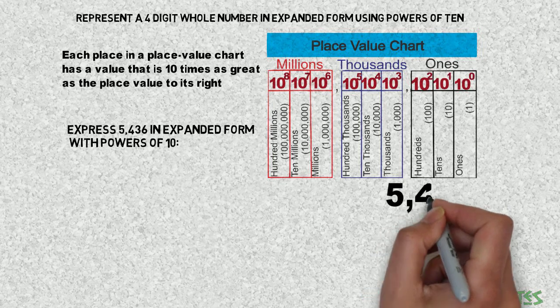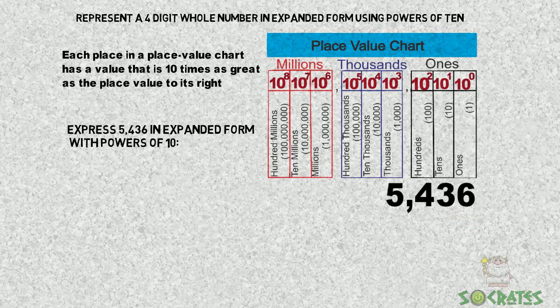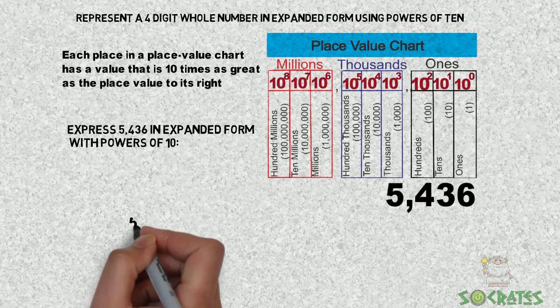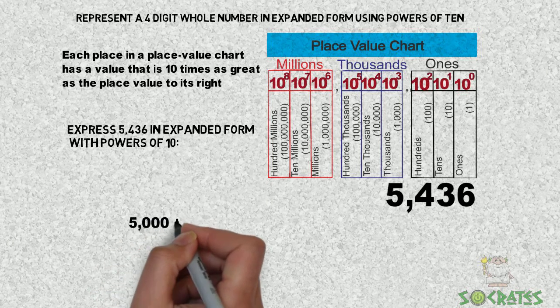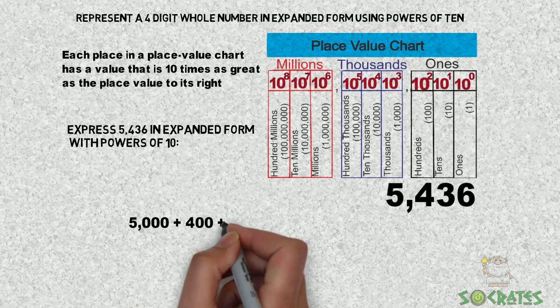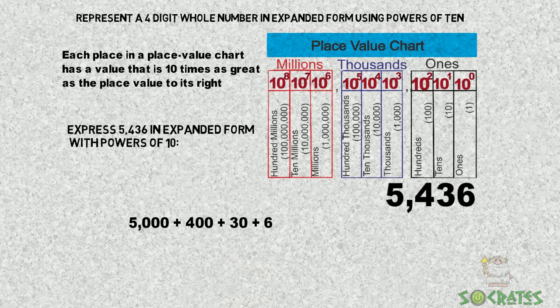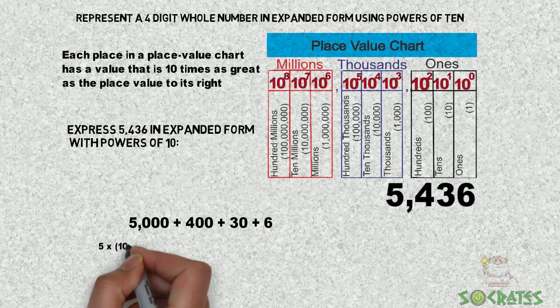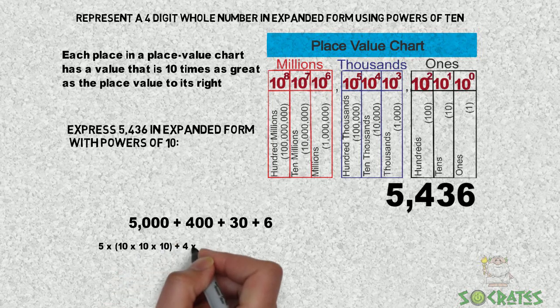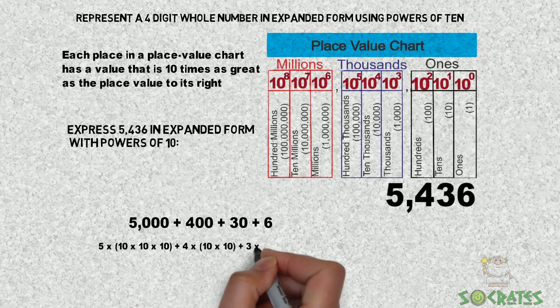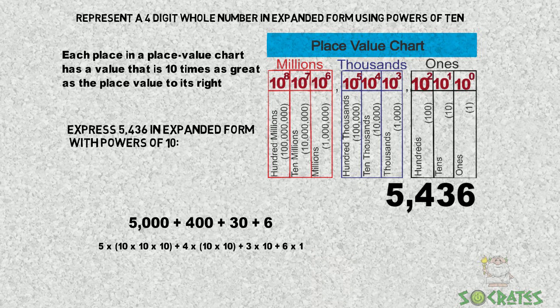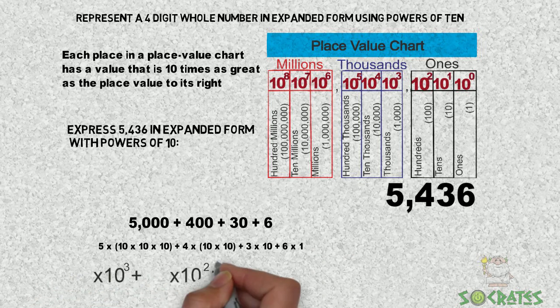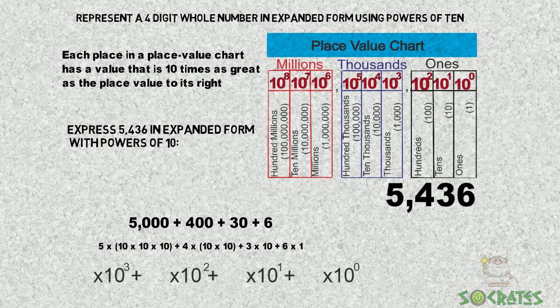So let's plug our number in below the place value chart, putting the digits lined up with where they go in that number. And we're going to see that we can break that down to 5,000 plus 400 plus 30 plus 6. And then even further would be 5 times 10 times 10 times 10, and 4 times 10 times 10, and 3 times 10, and 6 times 1. So then to figure out which digit goes in each of these answers to create that number